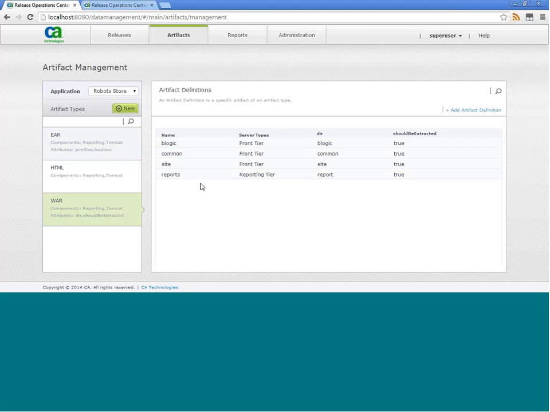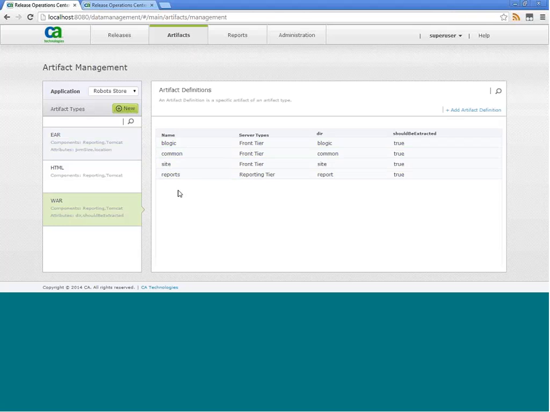It doesn't mean that I need to deploy each of these artifacts in every deployment. It's part of my model. This is the architecture of my application. So on the WAR types, I can see that I have business logic, command, site, and report. These are the 4 different WAR files that I have in my